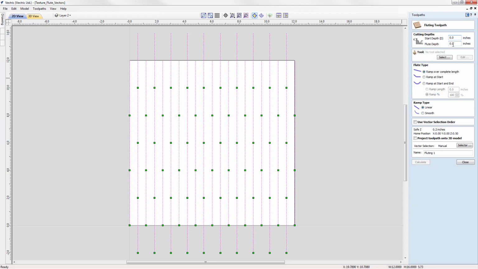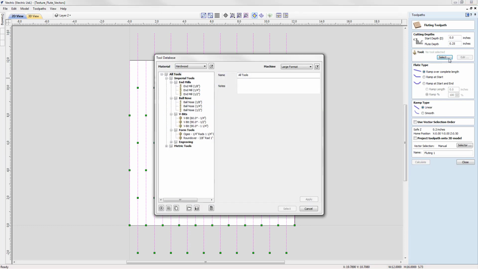Our flute depth we're going to come in at 1/4 of an inch. Okay, so the tool we're going to look at using, let's use the select option here. Now I'd actually like to use a larger bullnose. I've got a 1-inch bullnose that I'd like to try this texture on, and so we need to add that